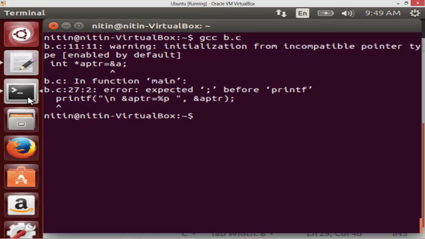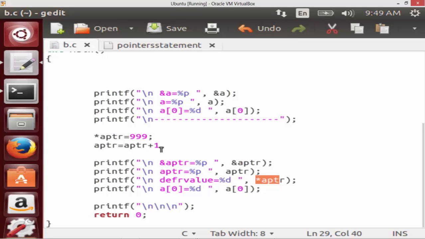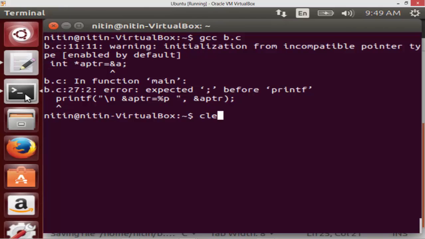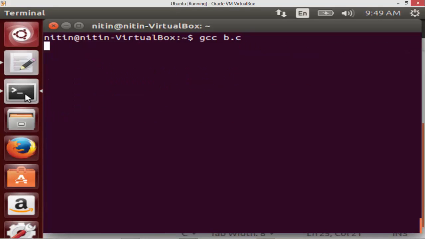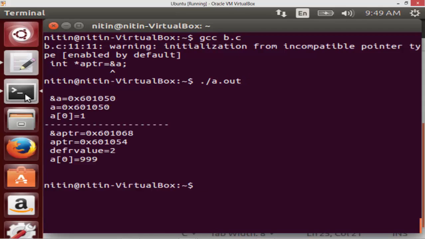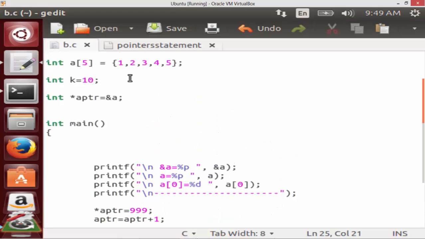We are getting an error, maybe because of some semicolon somewhere. Now if you look at this, my a[0] is 1 and 99, but my dereferenced value, when I say aptr = aptr + 1, has actually gone to the second element of the array, which is 2.